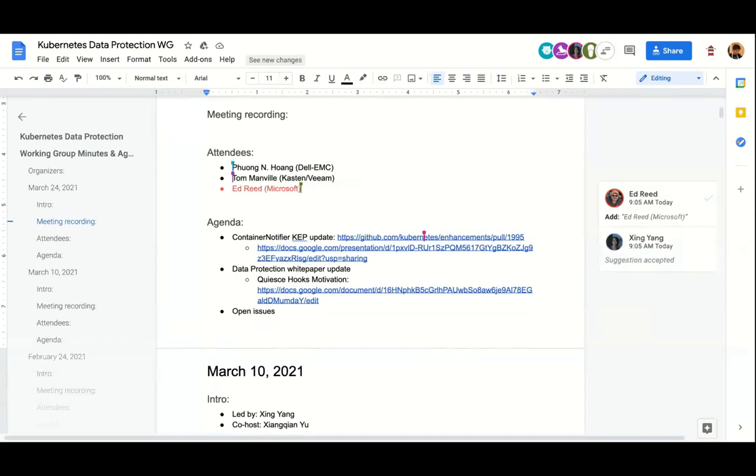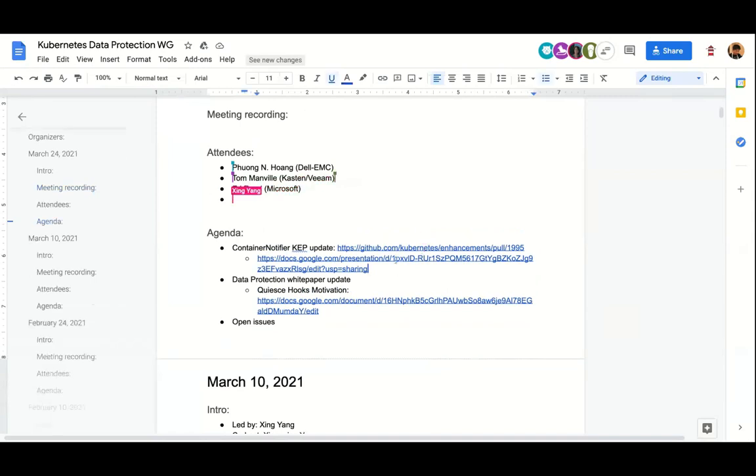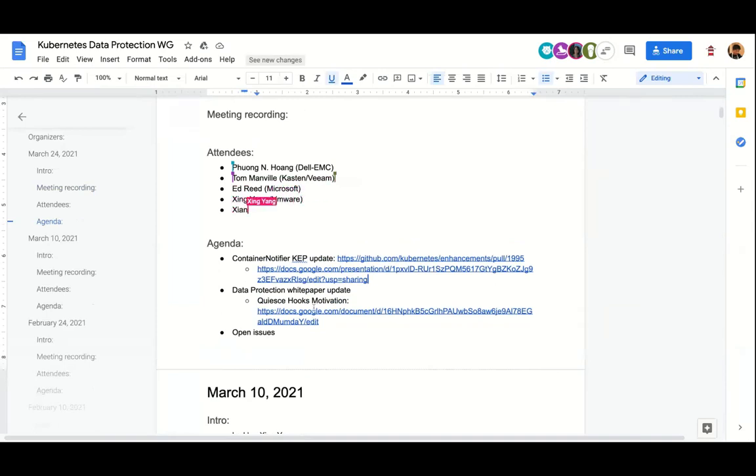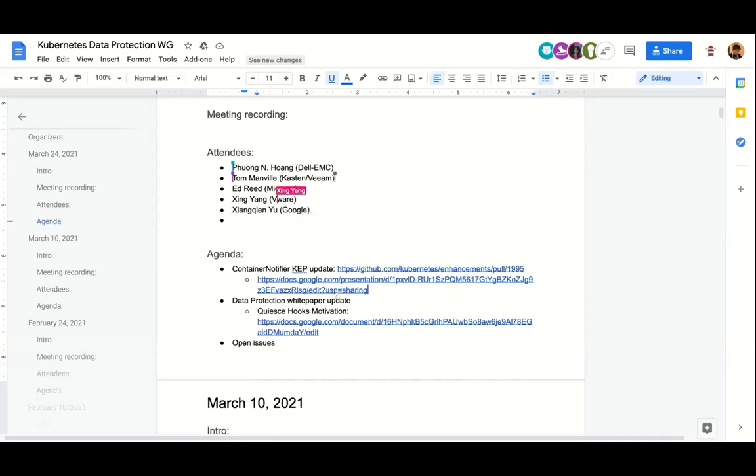This will take probably 30 minutes of the session, depending on how many questions we have. The second agenda is we'll talk a little bit about the white paper updates. Then we will be opening the session to the audience. If there's any question or anything you want to discuss, please feel free to bring it up there.